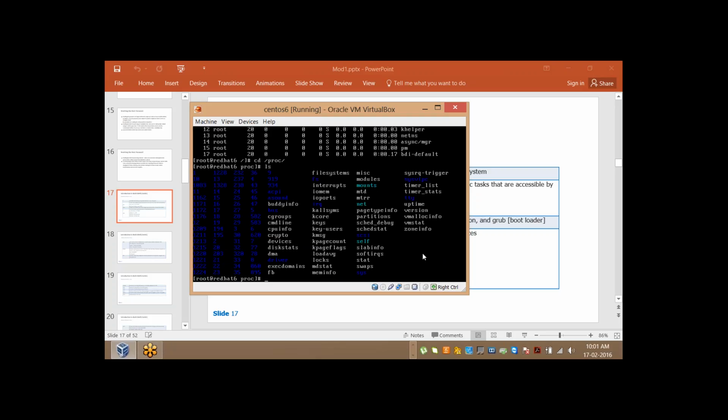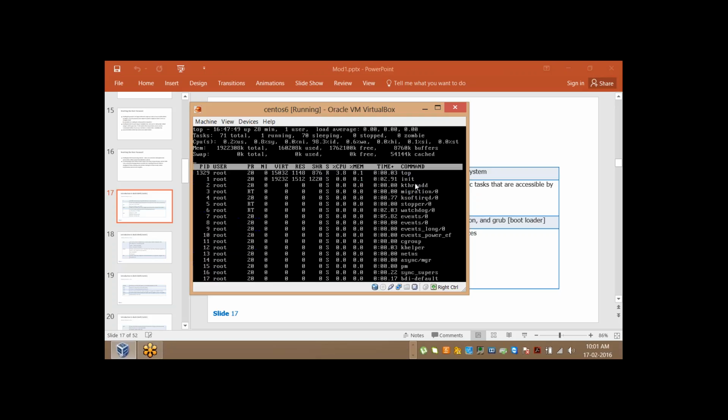Okay, so here what happens, every time you run a process, there will be a directory created under /proc with the corresponding process ID. When you run a top command, these are the processes, and every process will have a process ID. With this particular number, a folder will be created under /proc, and that folder will contain information about this process. That means how much memory this process is using, what are the other resources this process is using. All that information will be stored in the folder that is created,